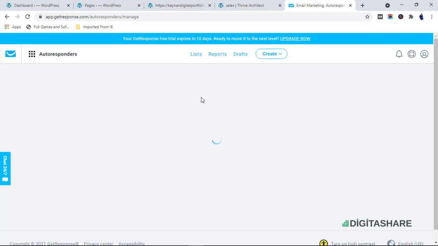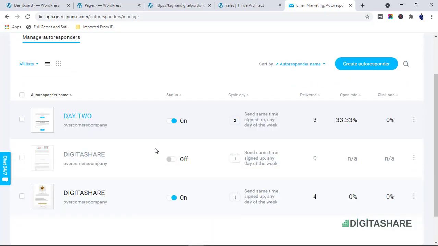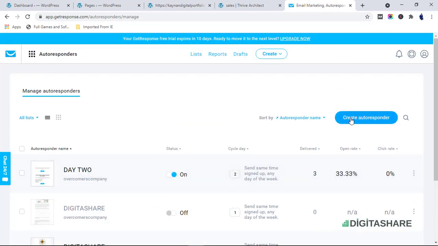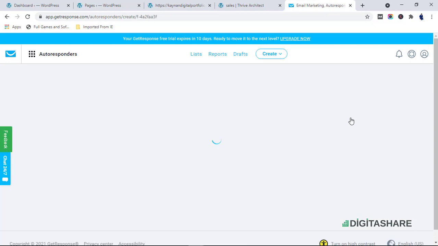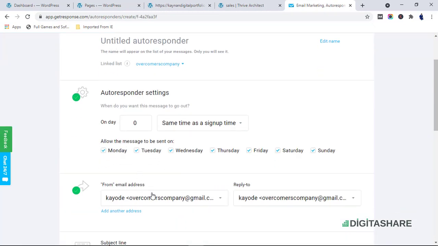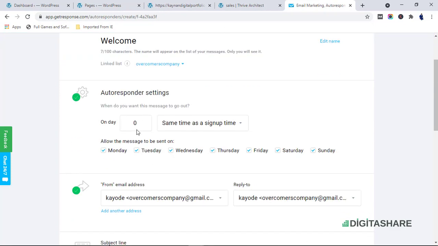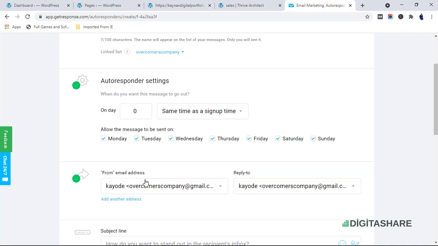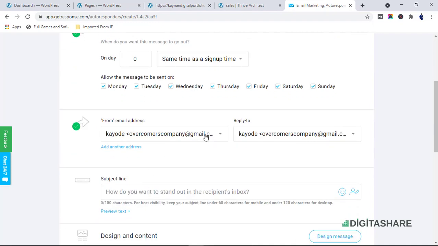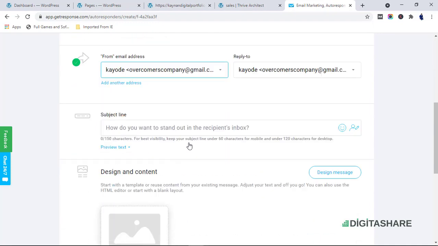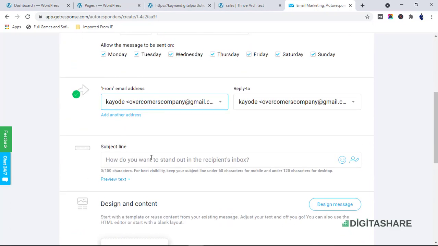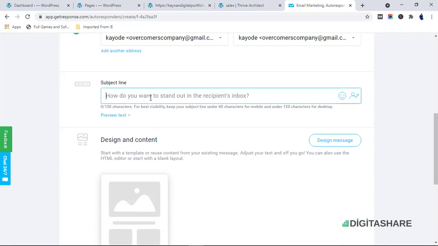Okay, so to create messages, let's just create a new autoresponder. I want its name to be welcome. When someone joins our list, we want them to receive this message on day 0. So immediately after they join the list, they receive this message. For the from email address, you put your from email address, and make it the domain email of your site. Then the subject line,